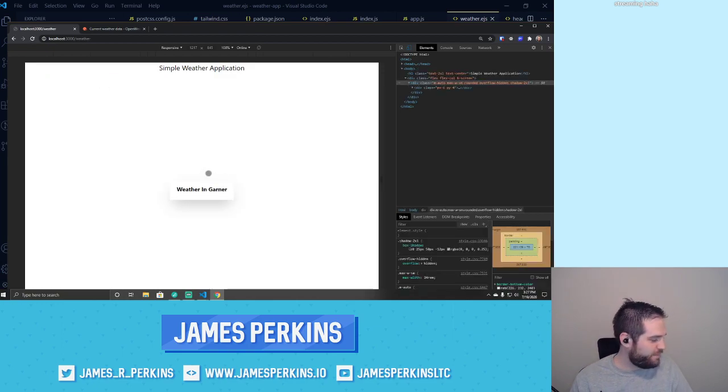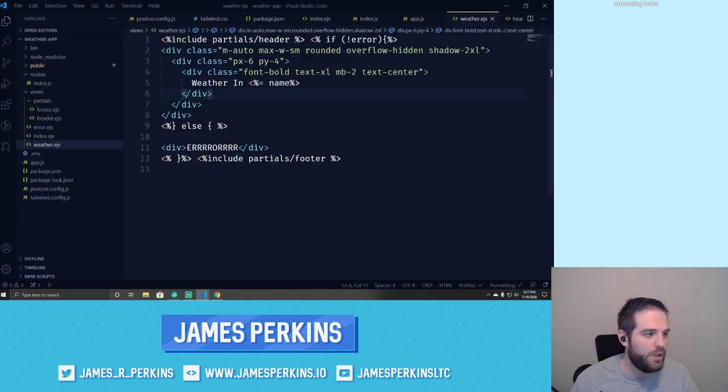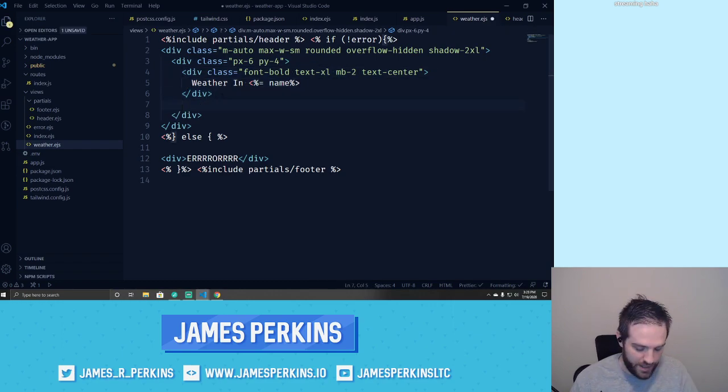All right, so now we have an action. You can kind of see where we're going with this. Now we have a card that says weather in Ghana. So we know that the weather that we're being returned is in Ghana. And now we can start building out more of the information for the user. So now we have this. Now what we could do is say, okay, now we need the description of the weather, right? So we know where the weather is located, but we need the